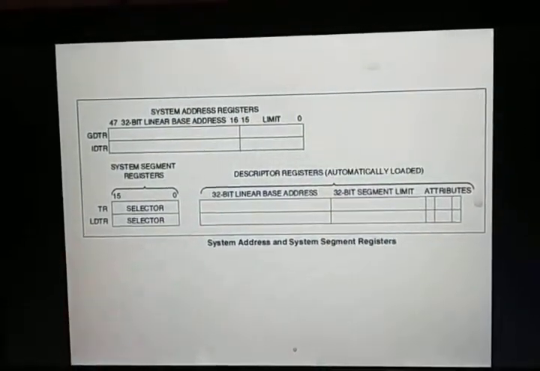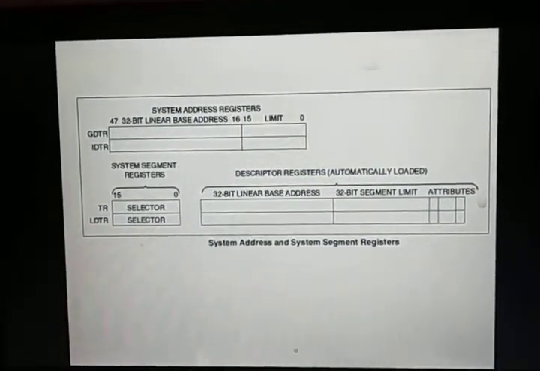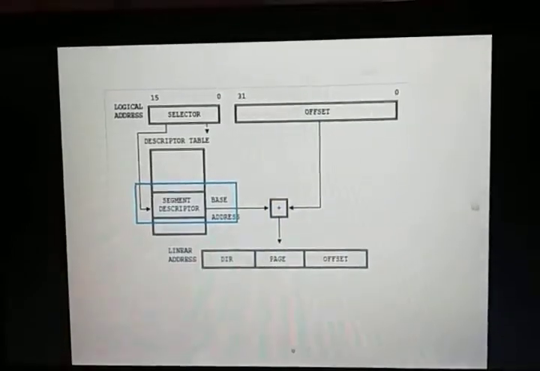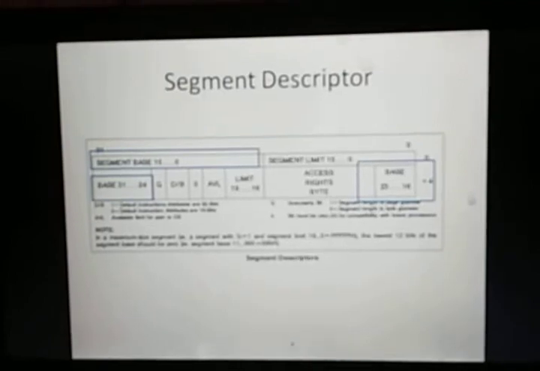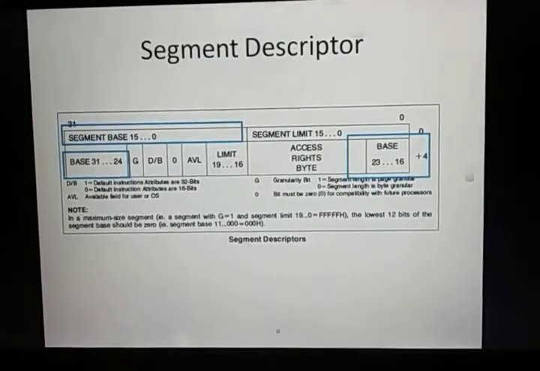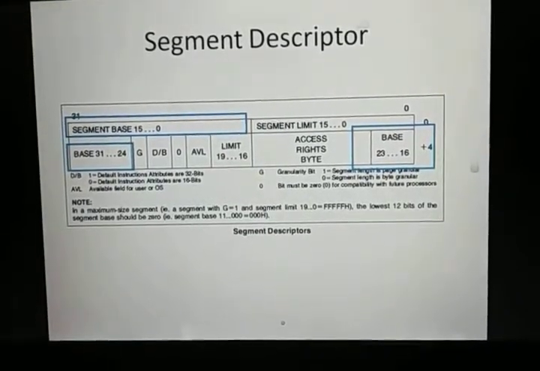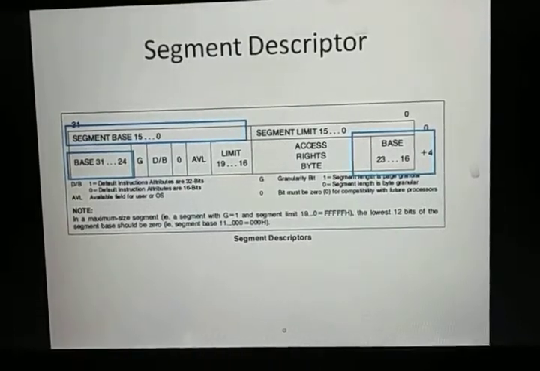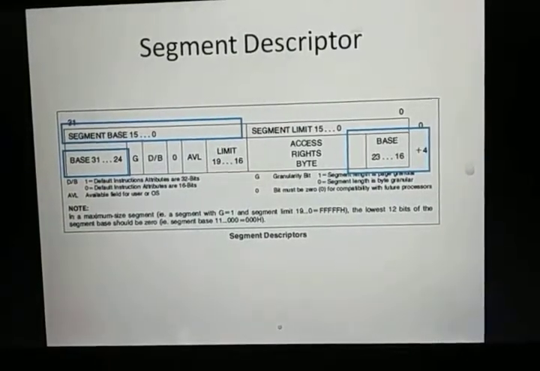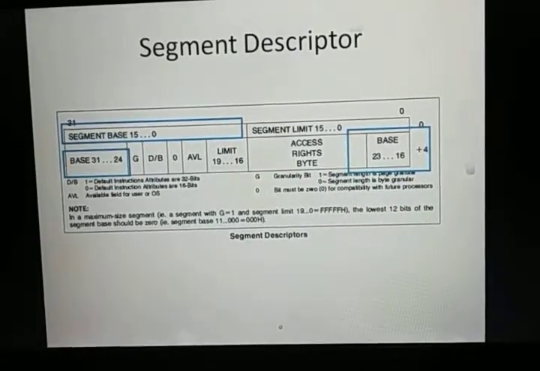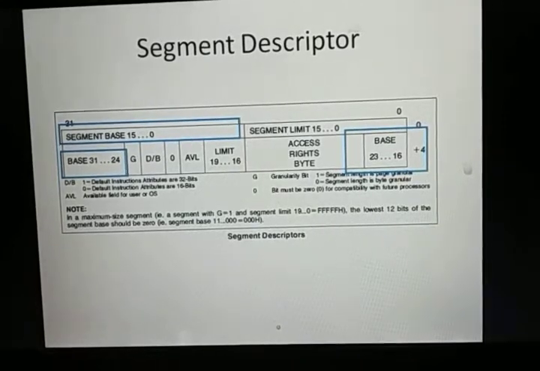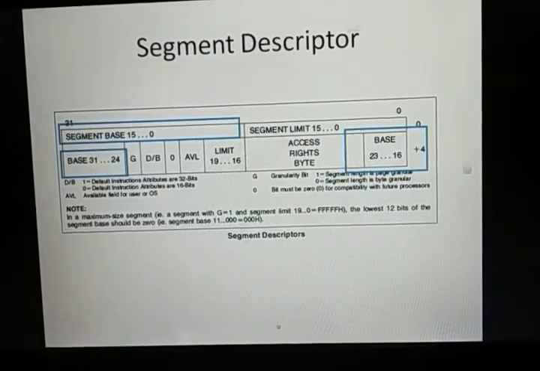So this is the diagram for the system address and system address segment. Then the segment descriptor, which you can see here. The segment descriptor contains a field for the base address, which provides the base address of the segment. The access rights byte provides information about the access rights, meaning whether we can access the segment or not. The limit field provides the size of the segment. The available bit gives the information whether this segment descriptor is available for system use or for the user.